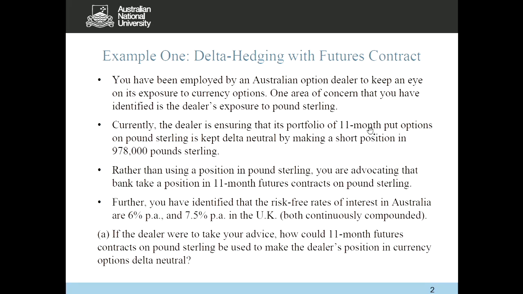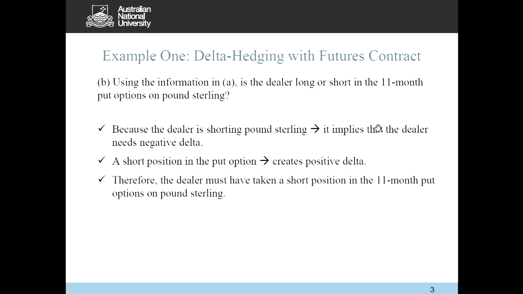Any ideas? What kind of position in a put option gives you positive delta? Short, right? Because we know long the put gives you negative delta, then short put gives you positive delta. So we work backwards to back out the position the dealer is taking on the put options. So here's the logic. The only thing we know is the dealer is shorting the currency, so that implies